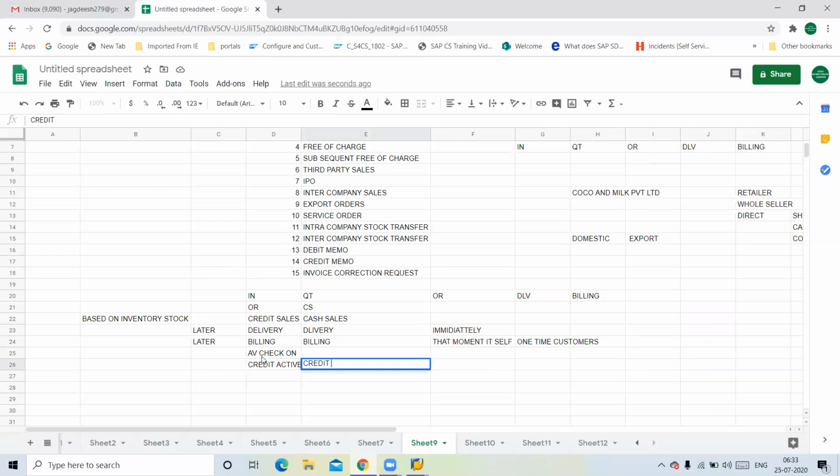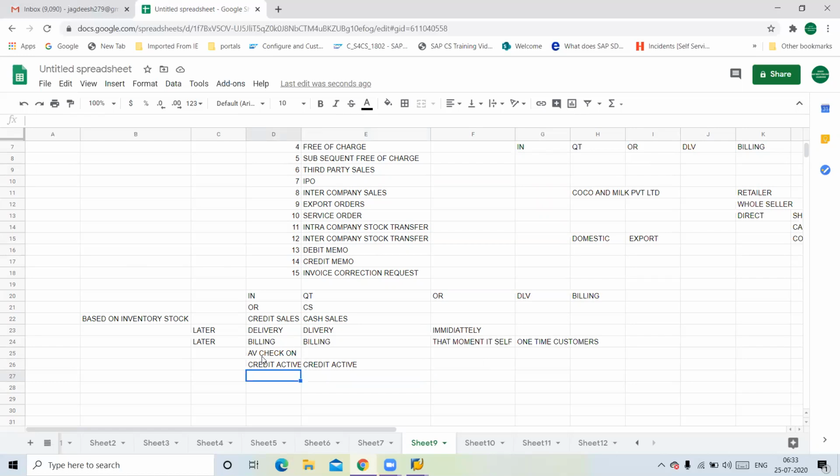Credit is not active for cash sales. Here the revenue account will be credited and the customer account will be debited, so those are the GL entries. In the cash sales case it is similar, but based on your cash account: the cash account will be debited and the customer account will be credited.